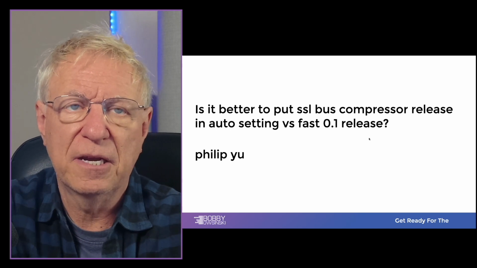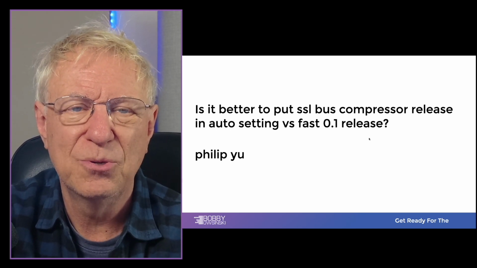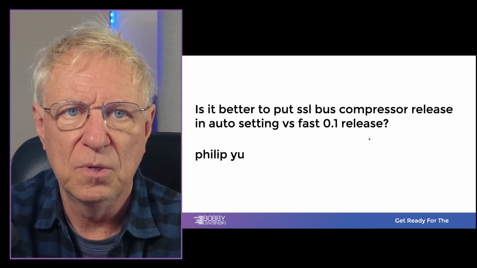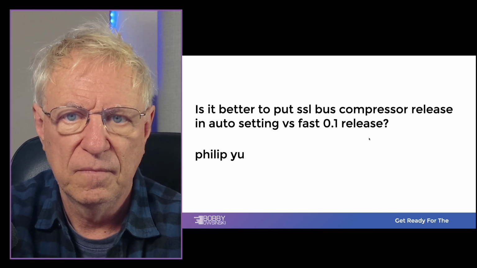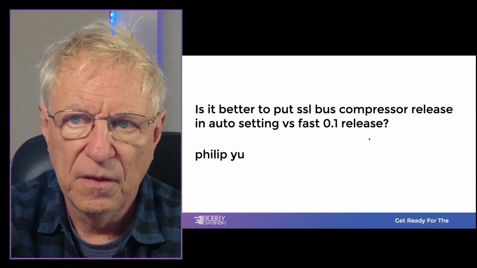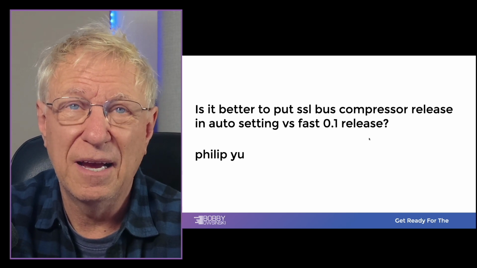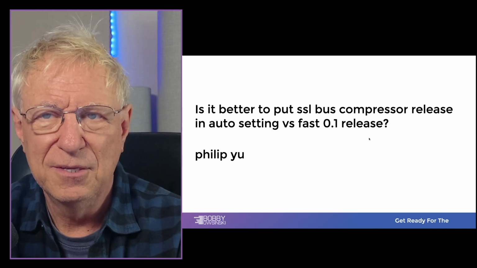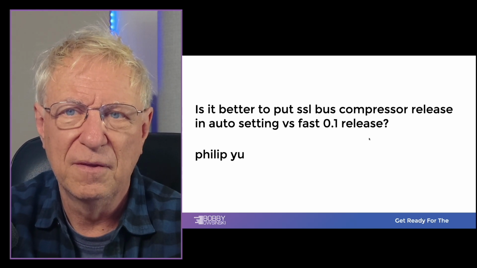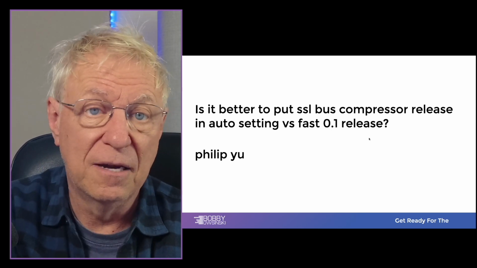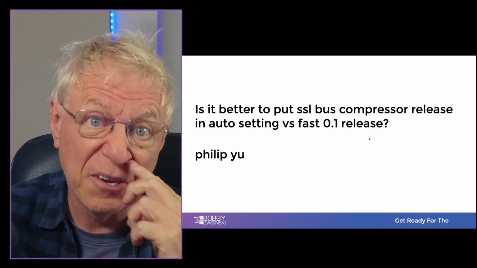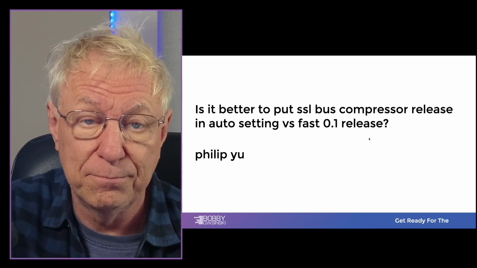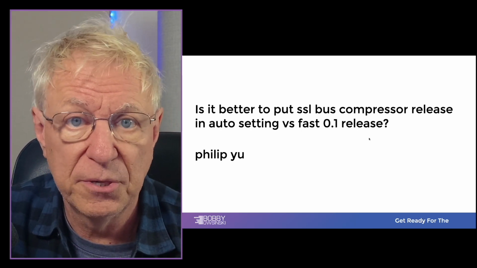Personally, I like the auto setting. What does auto mean? It's auto release. It looks at the program and then it decides what the release time should be. So it's figuring it out for you. That generally comes out to be pretty smooth sounding, and that's what you want. You don't want to hear the compressor breathe, meaning the level go up and down after it stops working. You can hear it, or after a vocal, for instance, stops. You can hear it breathe. So you don't want that.